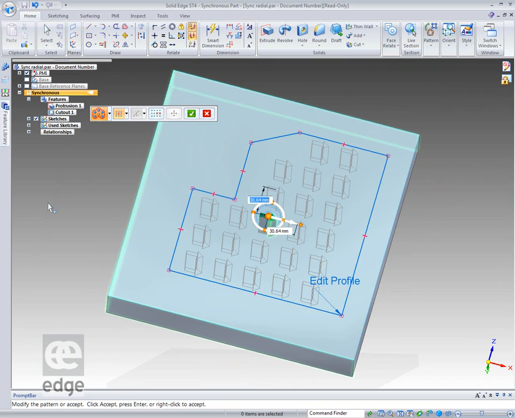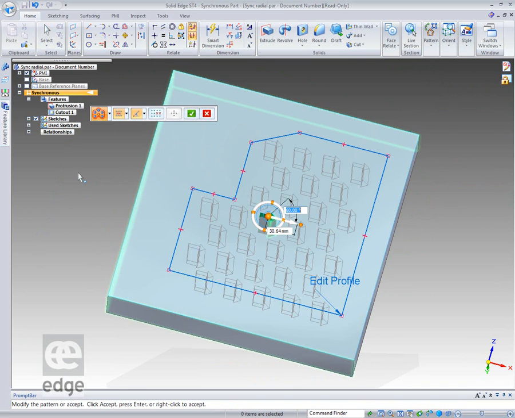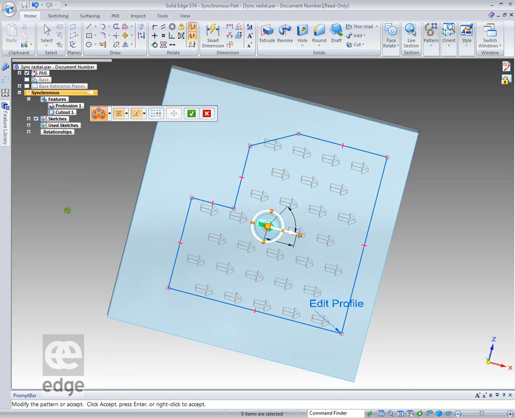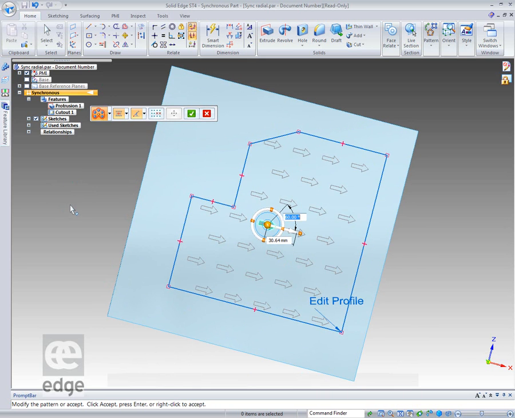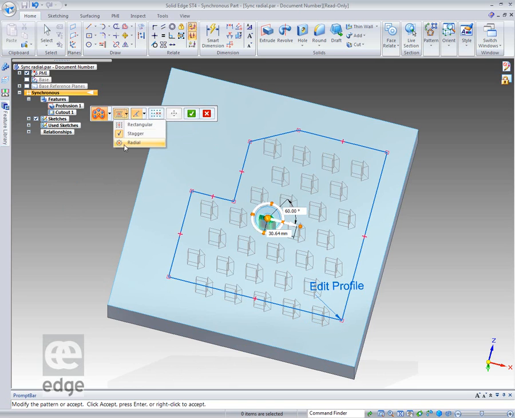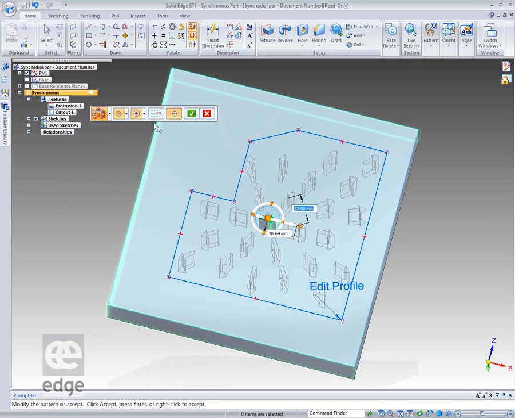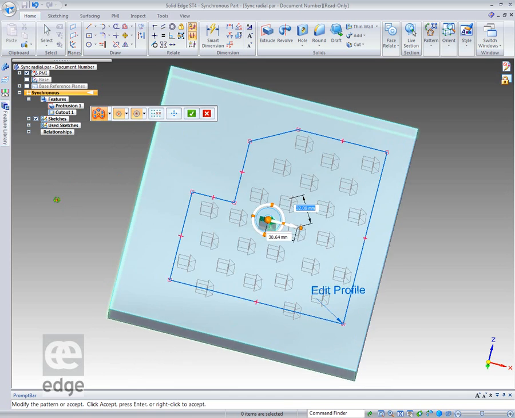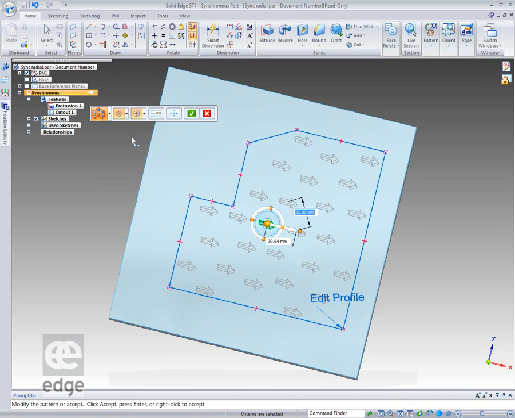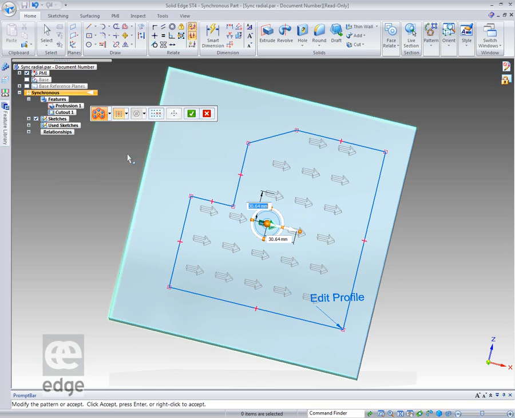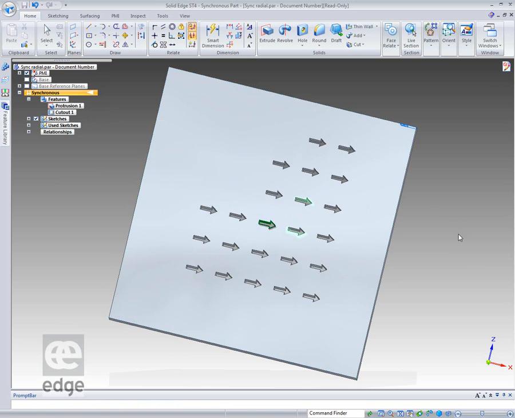Tick that off, and it will fill those in there on that spacing. Again, we can use a stagger pattern, so we can stagger them so that they're not evenly aligned. We can put a radial pattern in, and we can center that radial pattern. We can put tangent and set and center them as well. So we've got the ability to fill these things fairly regularly. So if we accept that,